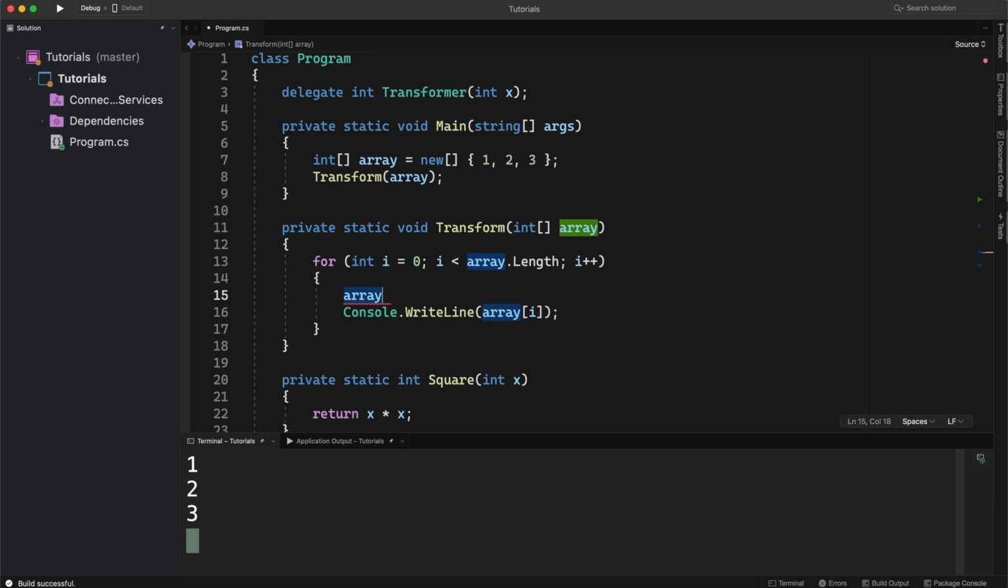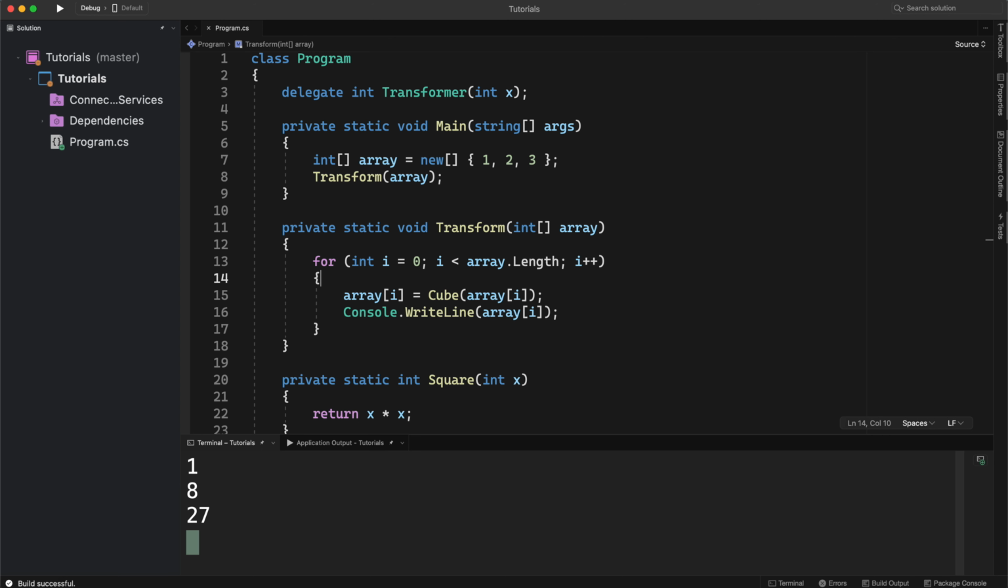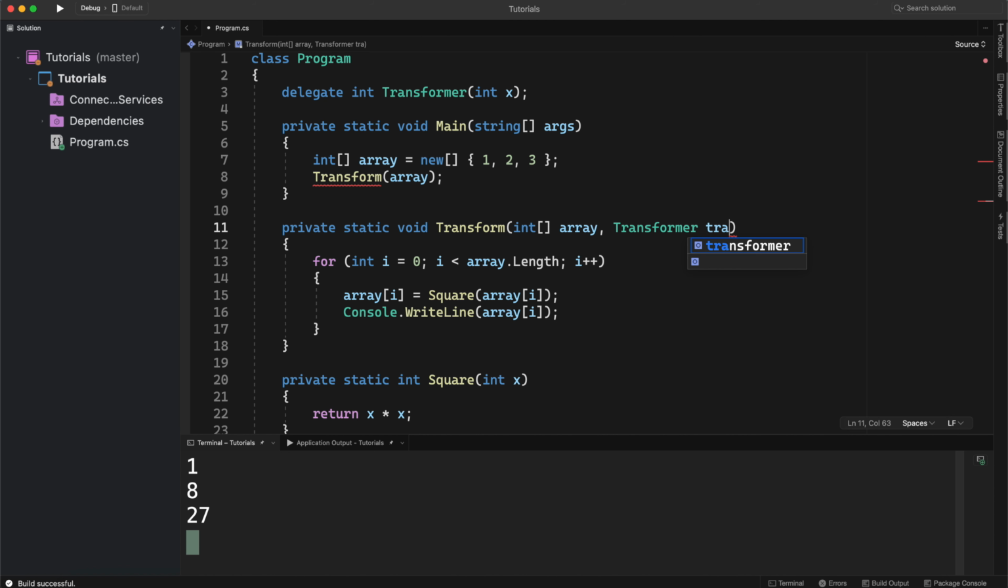Now what if I wanted to print the squares instead of raw values? I could of course do it inside of the for loop like this. Or if I wanted to print the cubes, I could just replace the square with a cube method name. But what if I wanted to dynamically pass this transformation method to this method and just call that abstraction within the for loop? For that purpose, I could add another param to the transform method, and that would be the